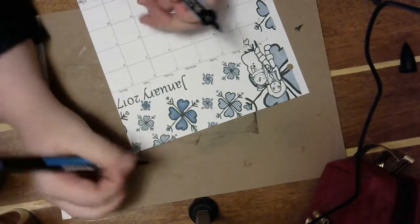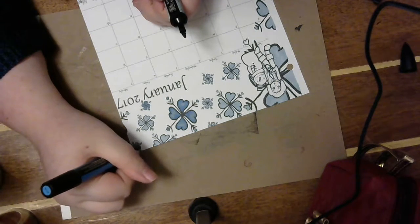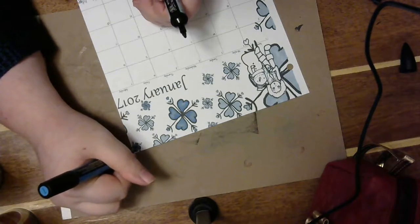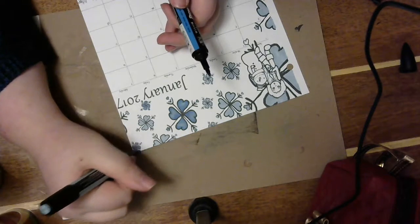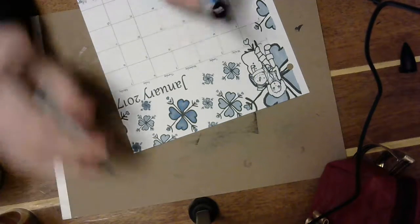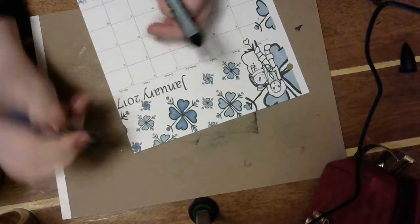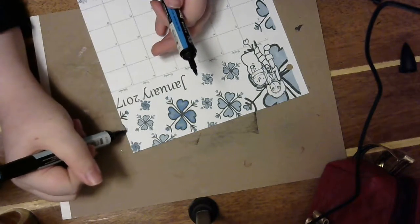With the little one, it's super easy because then you can just dot and then do like some swish marks. And then go over with this again. You don't need as fine detail because it's one little thing. Oh shoot. That's okay. I think I'll just kind of...